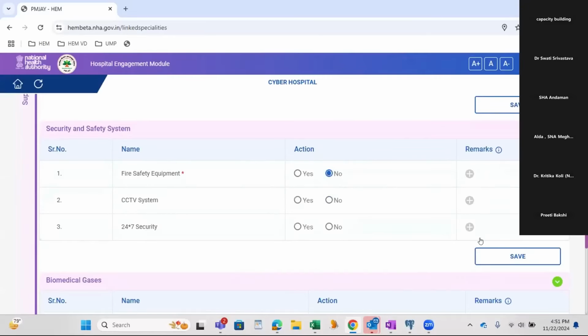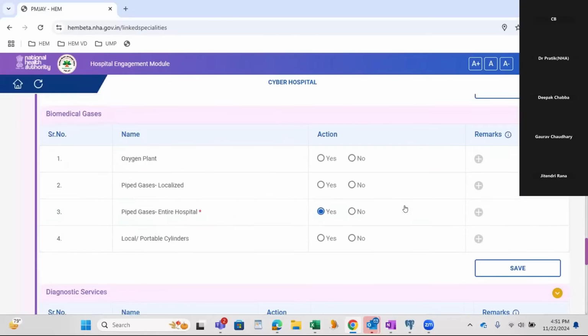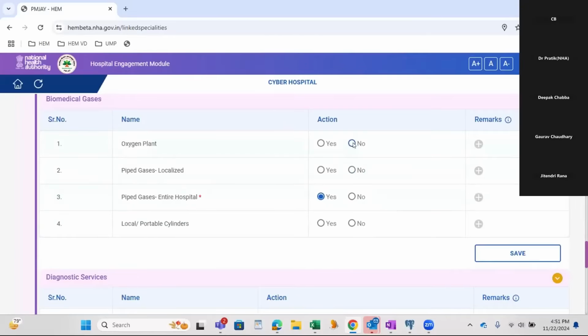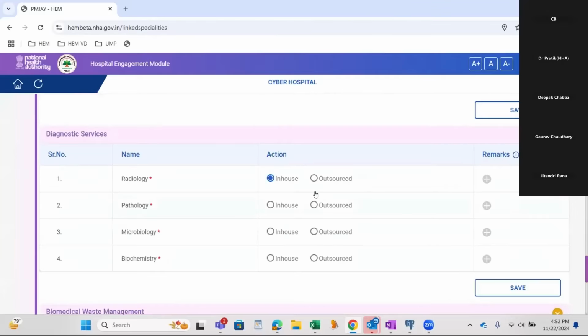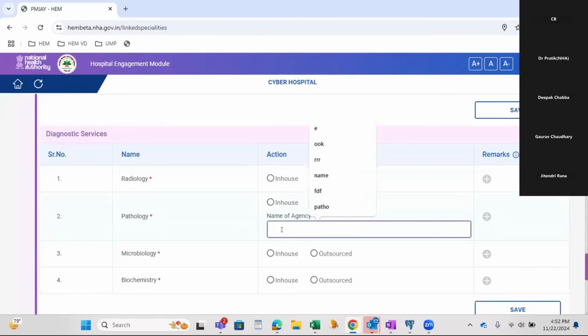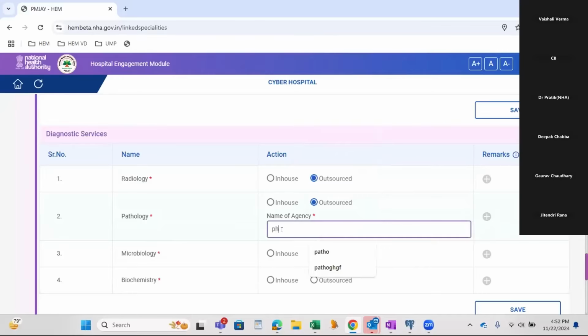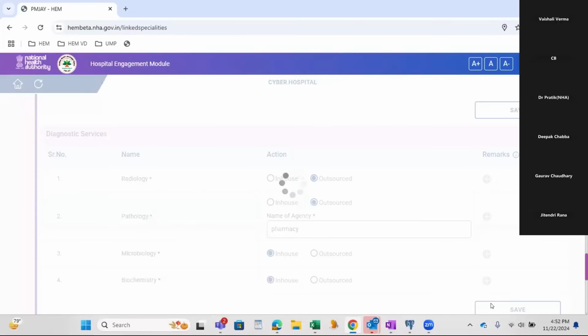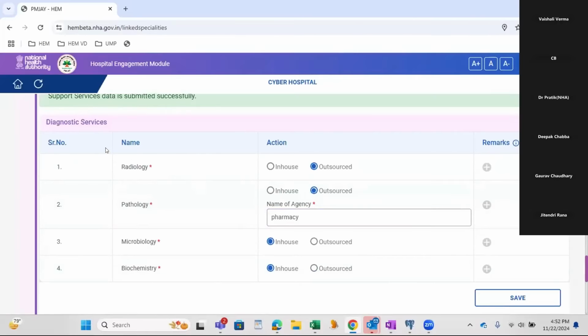These are all the mandatory details for the security and services section. Support services data submitted successfully.